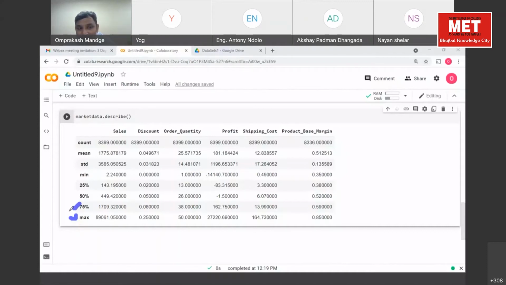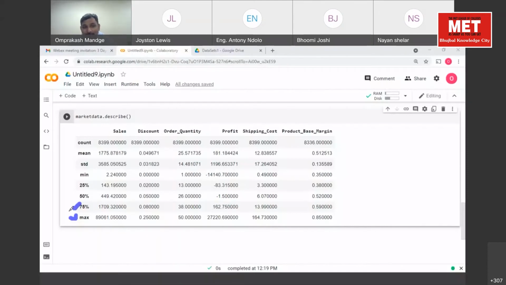Now, there are three more things: standard deviation, mean, and count. Everyone knows count, total values. What is mean and what is standard deviation? Mean is the average value, the total of all values divided by the number of values. And what is standard deviation in layman's terms? Standard deviation is how much all the other values deviate from the mean, how far the values are away from the average. Absolutely right.